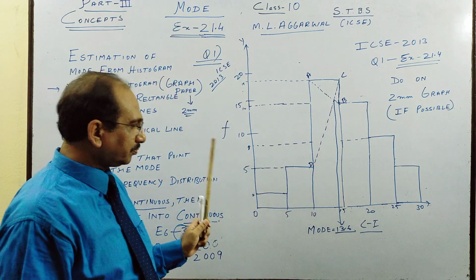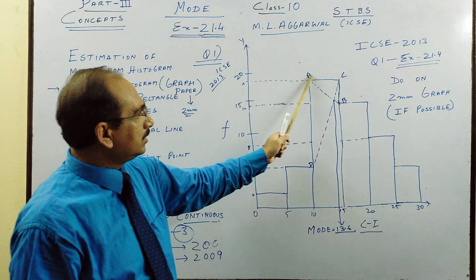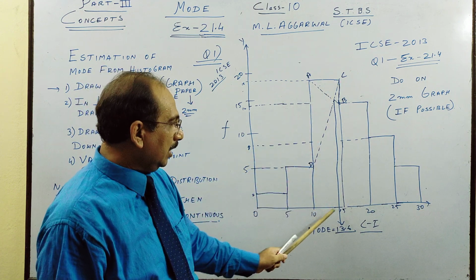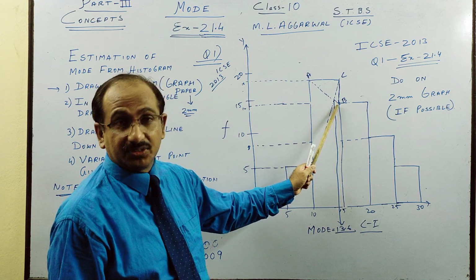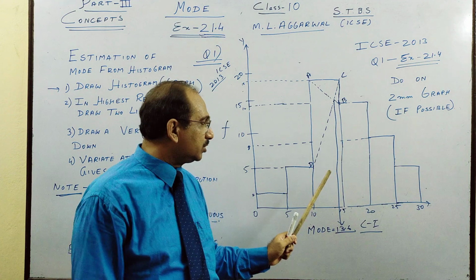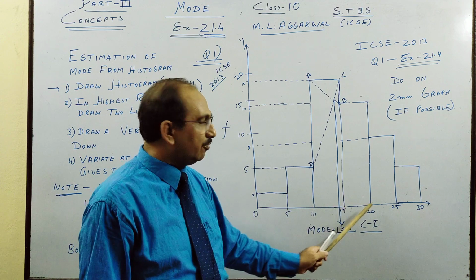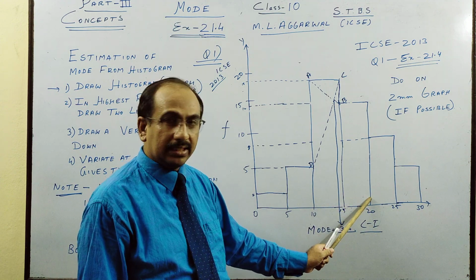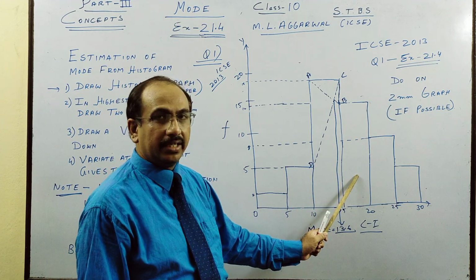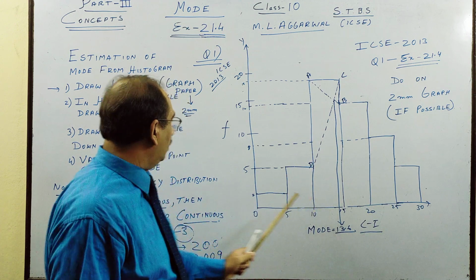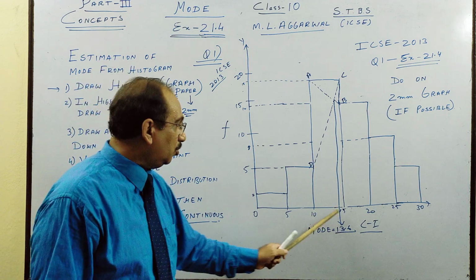So, in the highest rectangle, draw 2 lines. Here, this is the highest rectangle because this is the modal class, 10 to 15. So our answer will be between this. As I told you in the earlier discussion, mode is the highest frequency. Here you have to see 3 things: one rectangle before, that is the 5 to 10 class interval, and one after, 15 to 20. This is the succeeding class interval and this is the preceding. So these 3 are needed. The highest frequency rectangle is called the modal class, not median class, modal class.